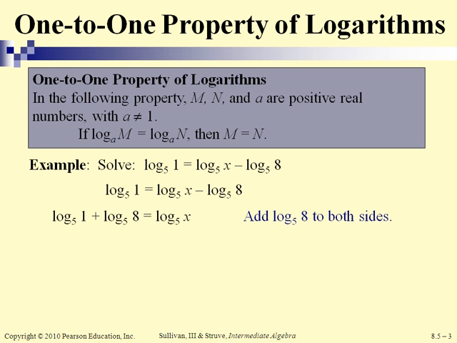I'm not that good in quotient. I'm not that good in subtraction. I'm good in addition. So a lot of people say, I would rather put this on the other side so I will have addition. Now, this is addition of 2 logs, so it becomes a product. Are you with me? Okay, so you will have log to the base 5 of what? 1 times 8. What is 1 times 8? 8. So you will have,